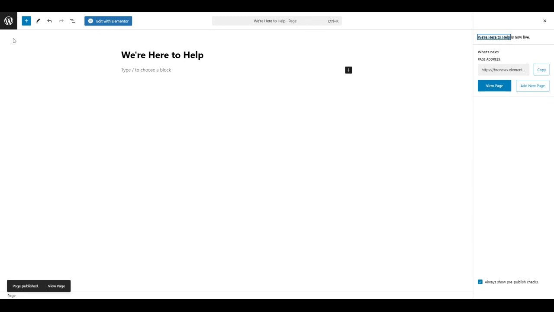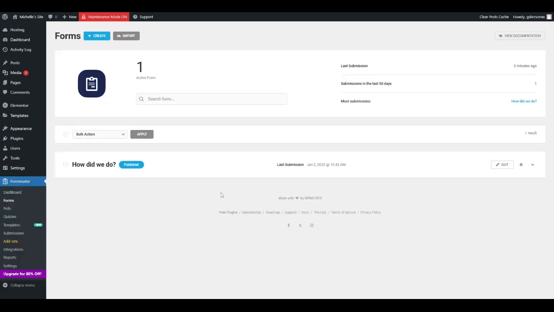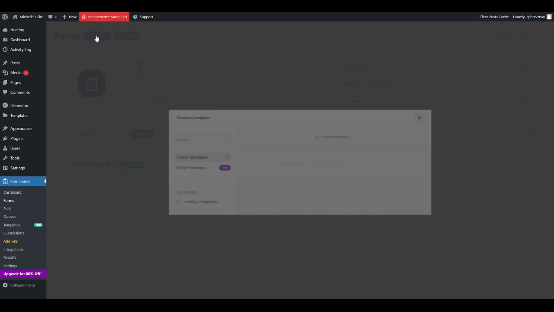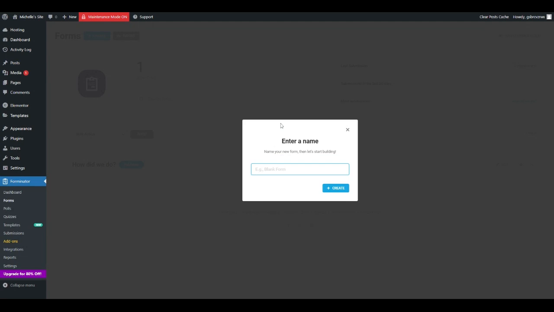We're going to basically do the same thing that we did when we created the first page, where we'll add some headings, then add our shortcode so we can add our Forminator form into there. So for now, we're going to come to Forminator, into Forms. We're going to create another new form. We're going to start with a blank form again, and let's call this We're Here to Help Feedback. Create the form,